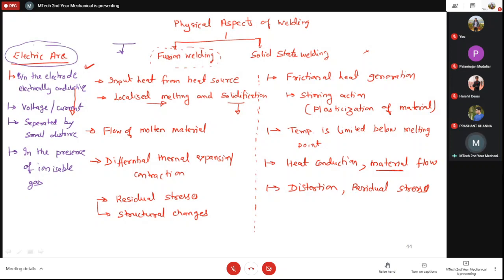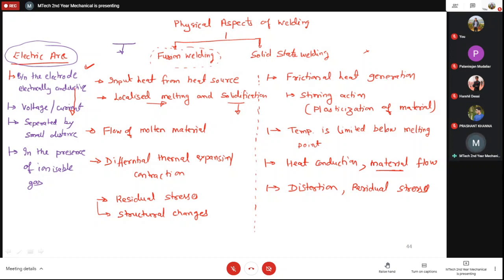So if you are studying laser welding modeling, then you have to go into the physics of laser plasma. If you are doing the modeling of the electron beam process, then we have to look into the process of electron striking and bombardment, and due to that bombardment, how the heat is produced. Okay, so there are different things which we have to consider.